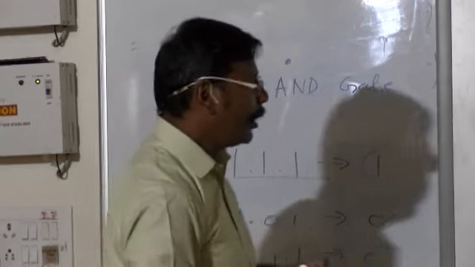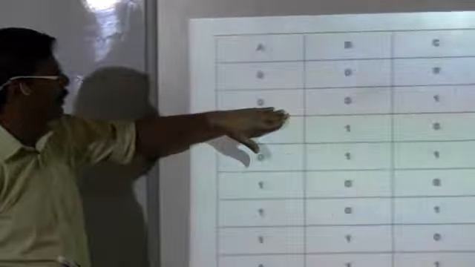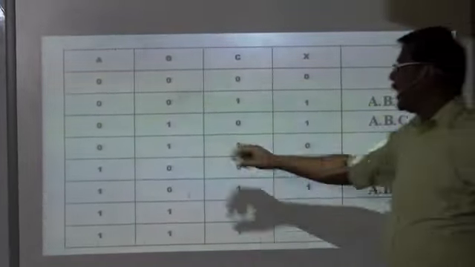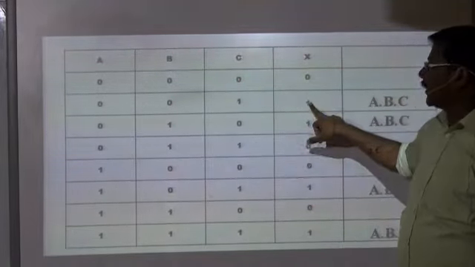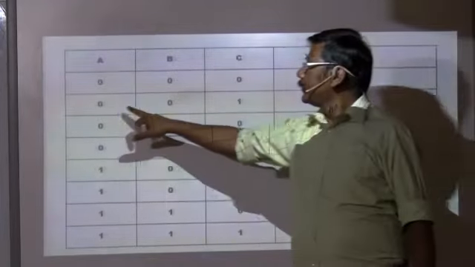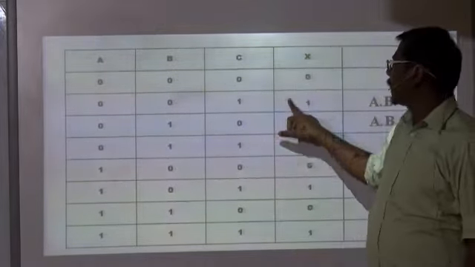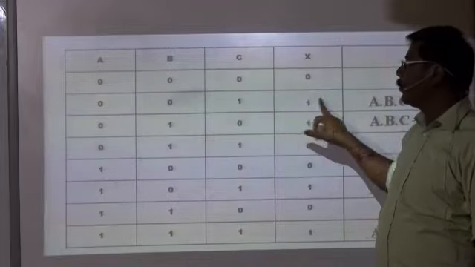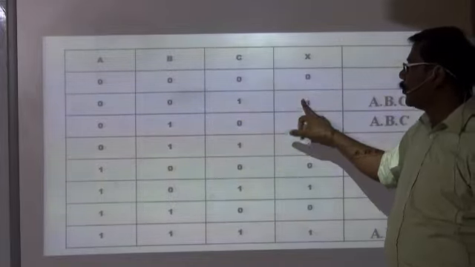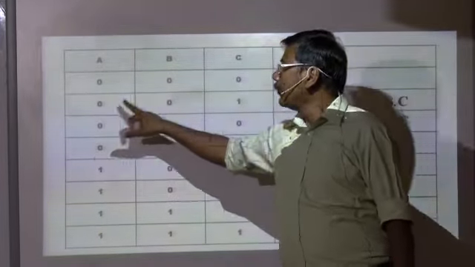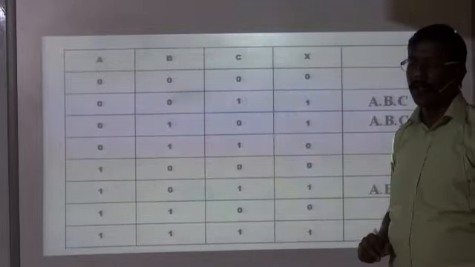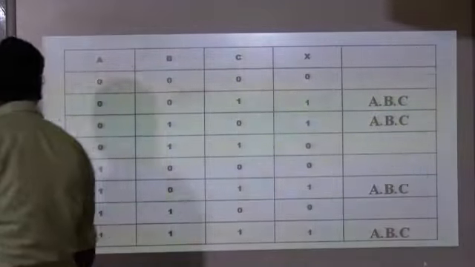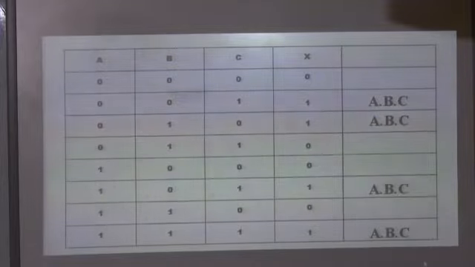Okay? So now if you look at this first min term, we have A as 0, B as 0, C as 1, but the output has to be 1. 0 dot 0 dot 1 will actually become 0, but we need it to be 1. That means, to make it 1, what we need to do? We need to make this one 1, and this one also 1. That means A and B have to become 1. Now, how will you change A and B from 0 to 1? It's very simple.